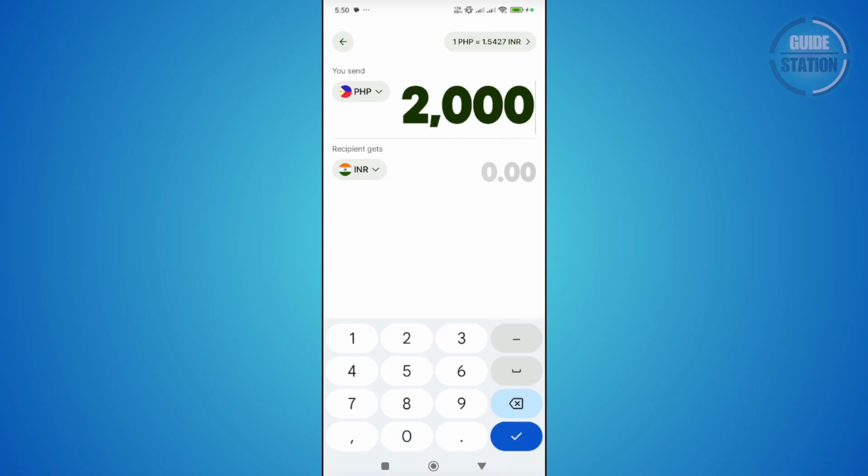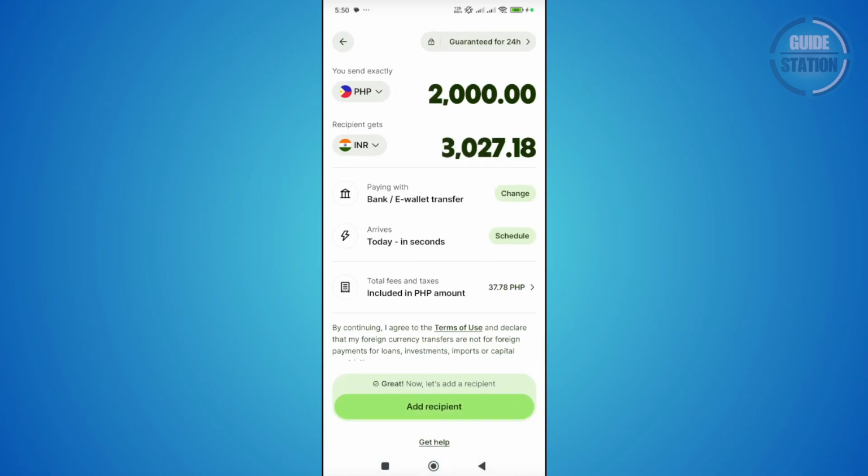So let's just choose like 2,000 Philippine pesos, and you choose the option here for what you'll be paying with. So you click on change on that. You can also specify when the actual transaction is going to arrive as well. Now also make sure that you review the fees here, and once you've done that, let's click on